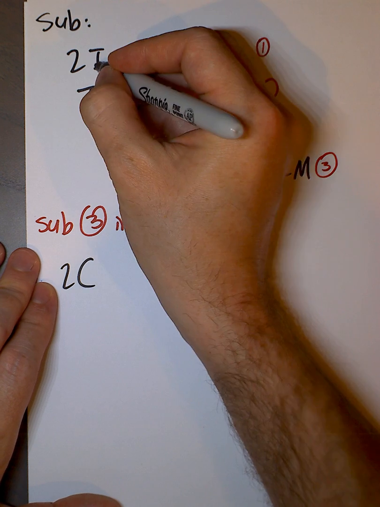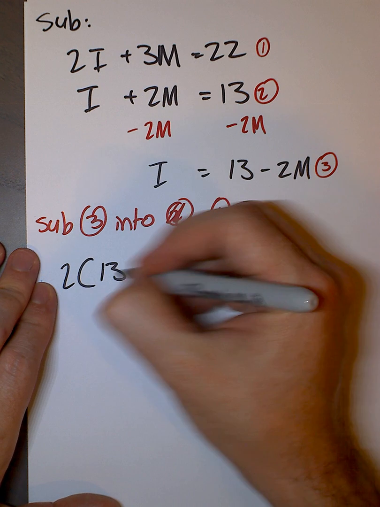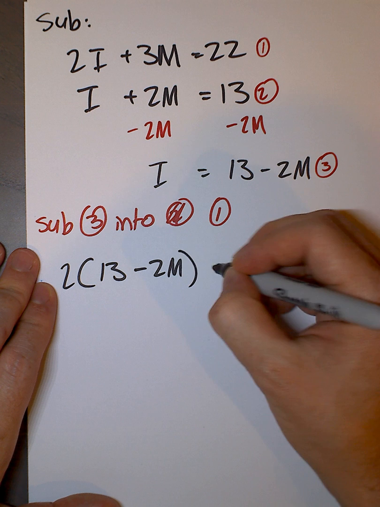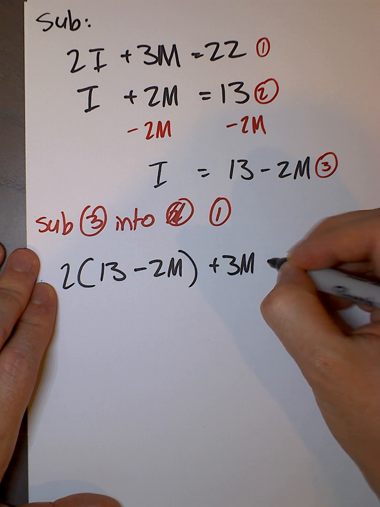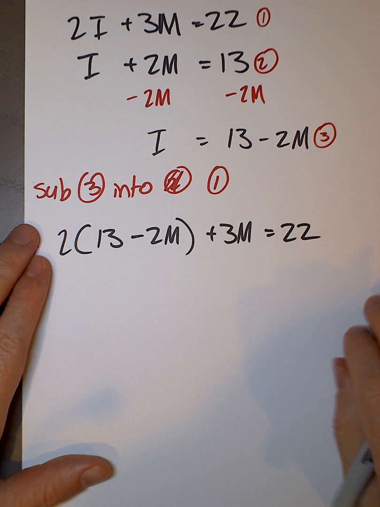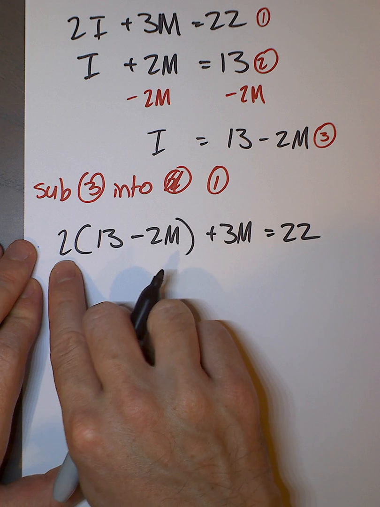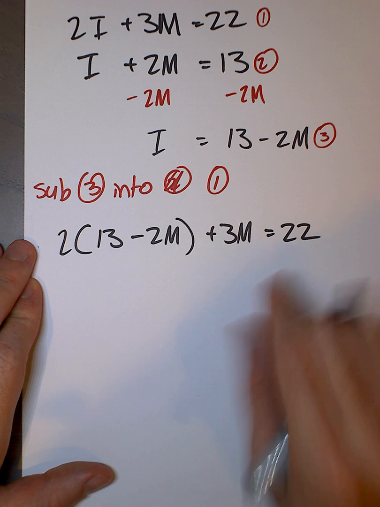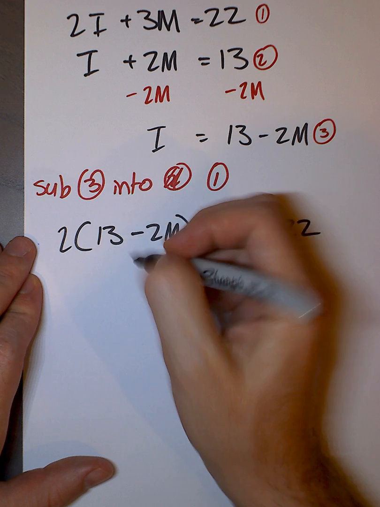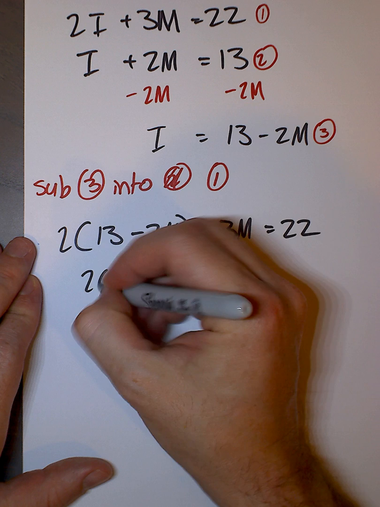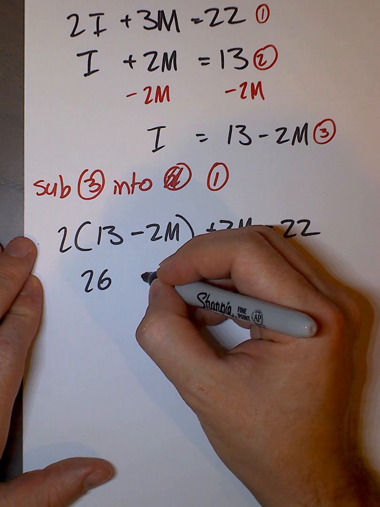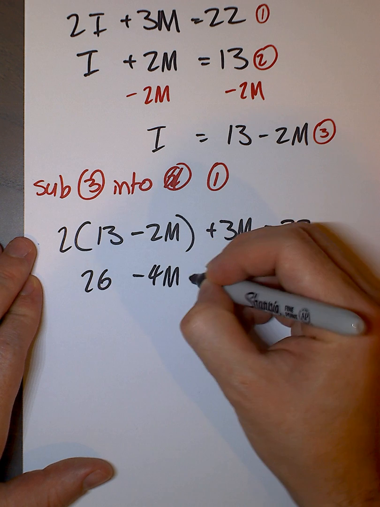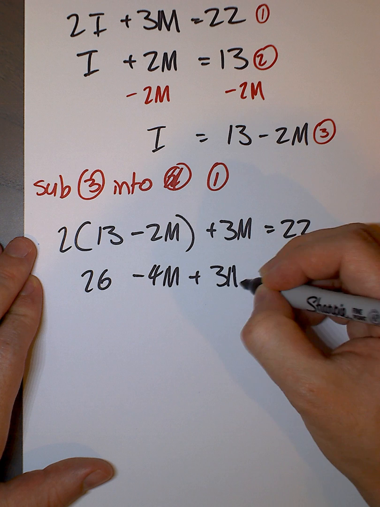Instead of writing I, we're going to write this: 13 minus 2M, close bracket, plus 3M equals 22. So, we've got that. So it's 2 times 13 and 2 times negative 2M plus 3M equals 22. Let's expand the brackets and solve for that. That's going to be 2 times 13, which is 26, 2 times negative 2, which is negative 4M, plus 3M